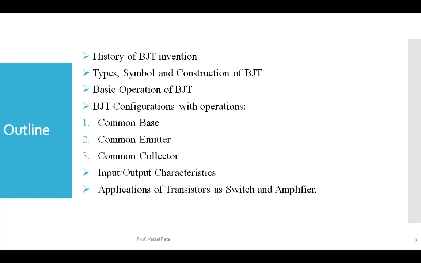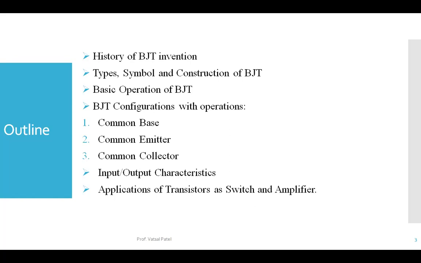There are different types of configuration we have for the BJT, like common base, common emitter, and common collector. Then after, we'll see the input and output characteristics of each case: common base, common emitter, and common collector. And then after, we'll see the applications. So this is our outline of the topics we need to consider